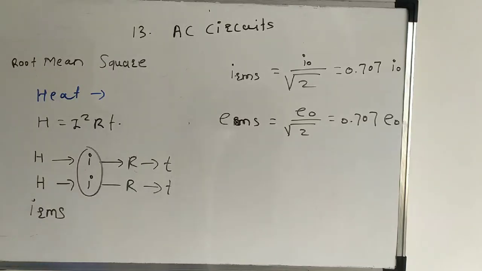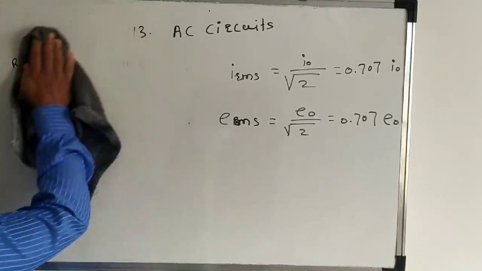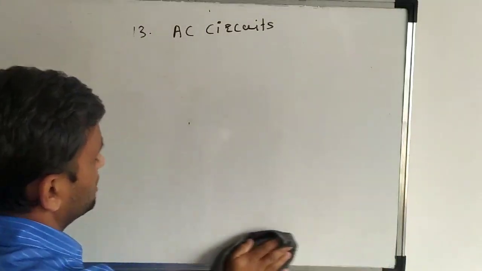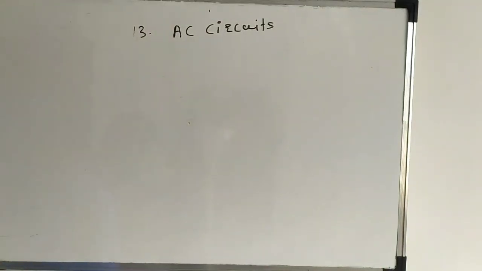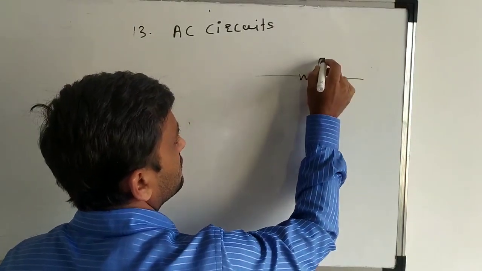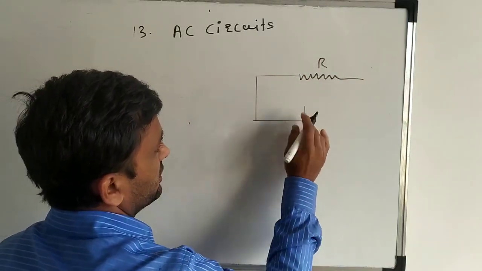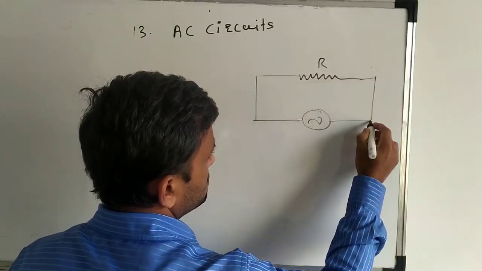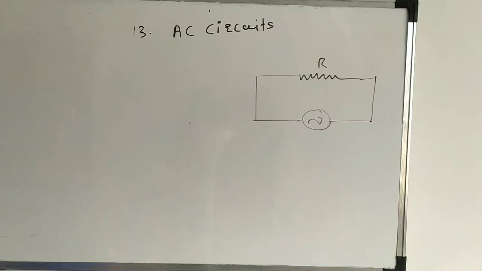Okay, now the next topic is different types of AC circuit. Now how can we connect the pure resistor with the AC voltage or the AC source? Now we are going to consider the AC circuit, that is alternating current source circuit with a pure resistor. We consider one external resistor, that is R, which is connected to an AC source. So how do we represent the AC source? This is the method by which we can represent the AC source.